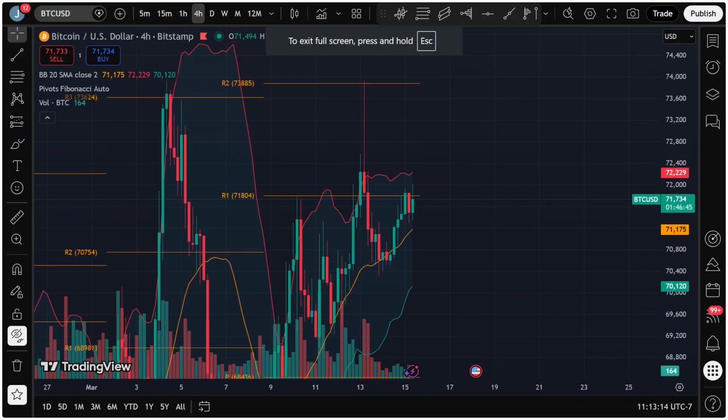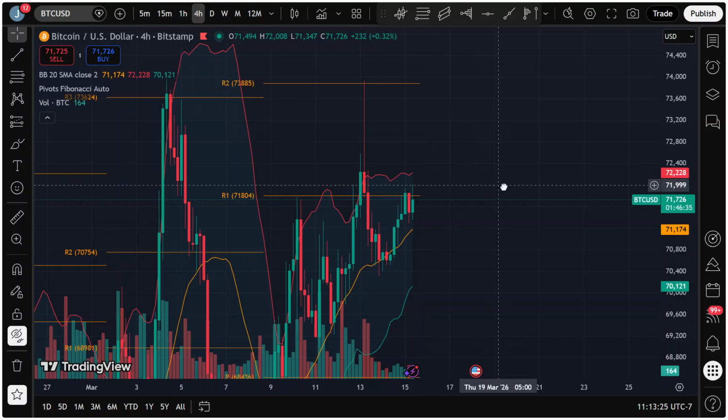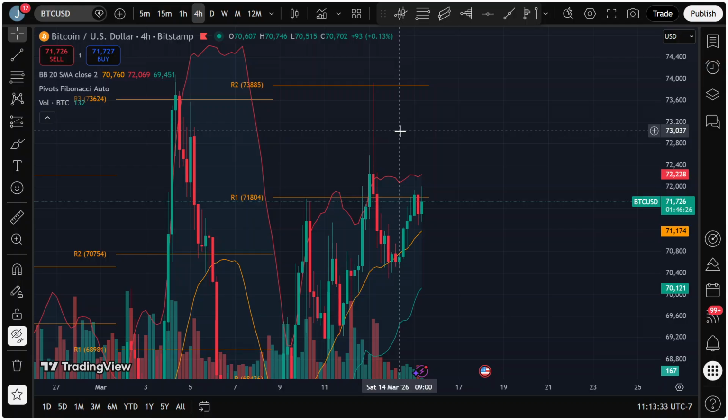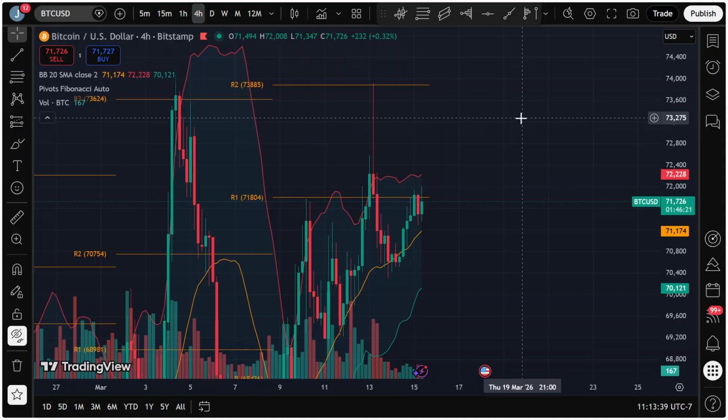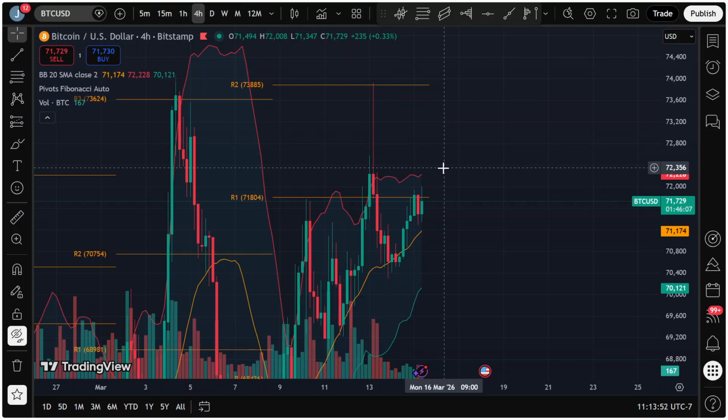On the chart here, we have a very clear signal. This is on Friday. We broke back to that 73.8K level one more time before capitulating and failing and going back down below it. Now, this is important psychologically because 73.8K is the all-time high in March of 2024. That's right after the initial ETF spike in December 2023, January 2024, before we did rise to unprecedented all-time highs right at around that level in March of 2024, which typically does not happen. I'll go over that a little bit later on when we go into the higher time frames. It's just easier to show on that side of the chart.